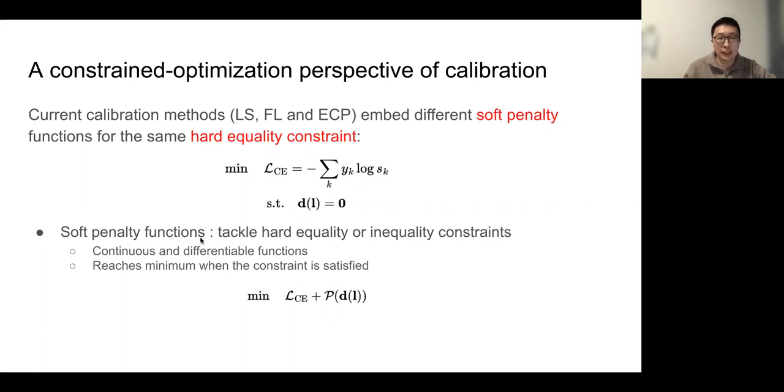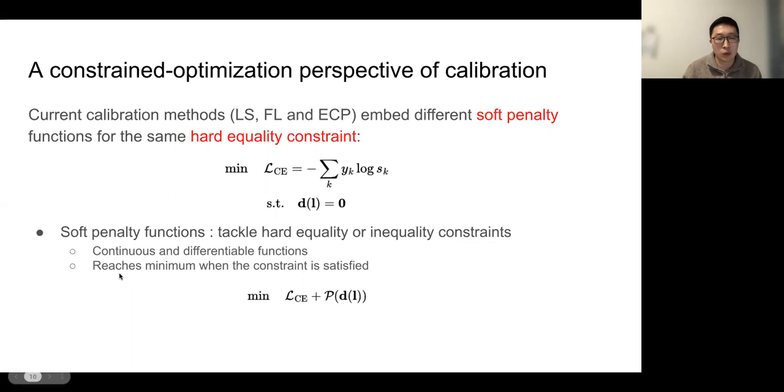Here we need to review the concept of soft penalty functions. A soft penalty function is an optimization technique to tackle hard equality or inequality constraints. We usually use it to transfer a constrained optimization problem into an unconstrained optimization problem, which can be much more friendly for the optimizer. The penalty function should satisfy two conditions. The first one, it should be a continuous and differentiable function.